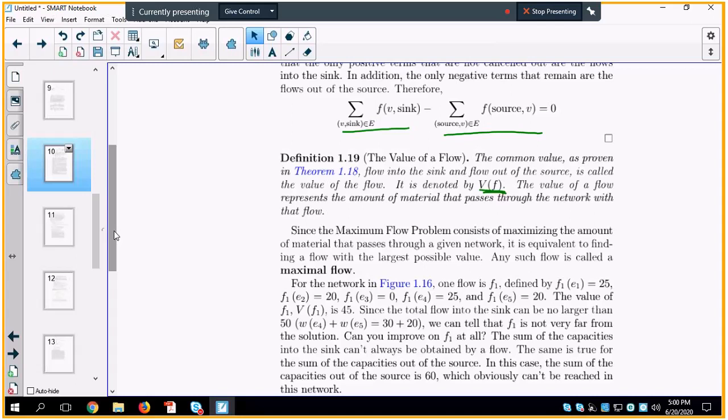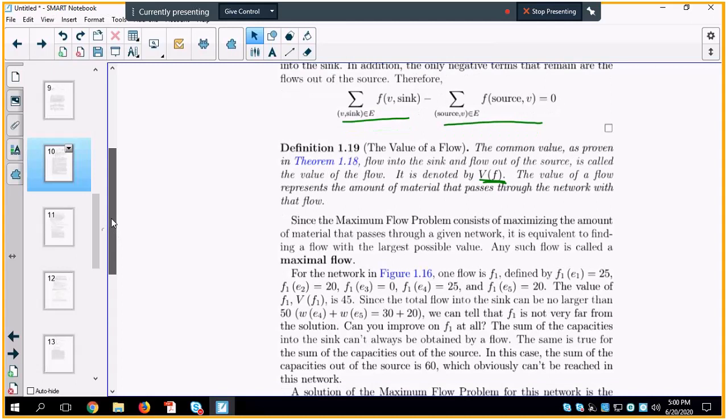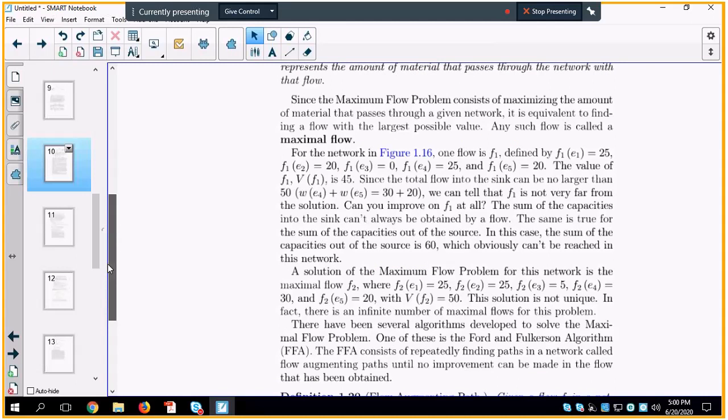Since the maximal flow consists of maximizing the amount of material passing through a network, it is equivalent to finding a flow with the largest possible value, and such a flow with the largest possible value will be called the maximal flow. So for the network in 1.16, the city water system that we saw just a moment ago,